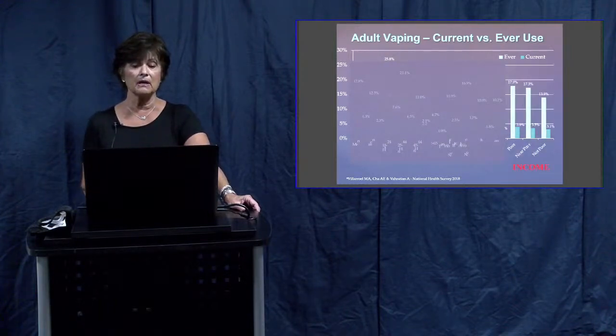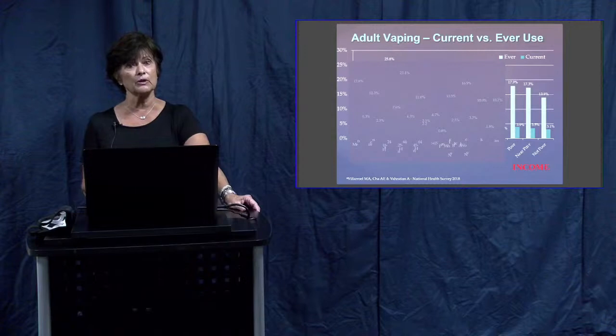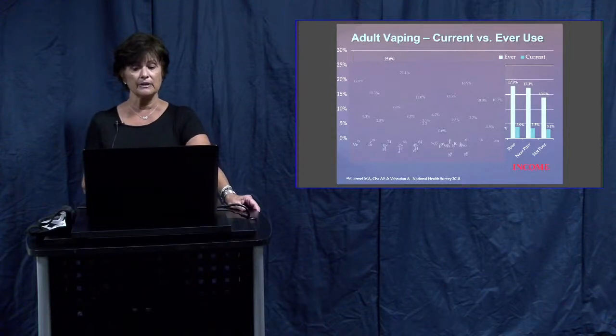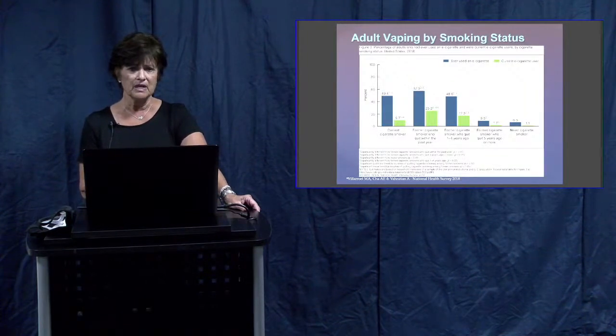And then among income, just like we do with tobacco smoke, we see higher use in lower income than we do in higher income. Although, if you look for current use, it's not terribly different. All right, so by smoking status,